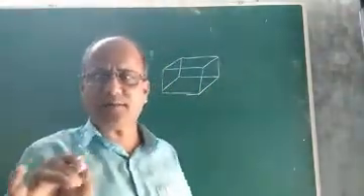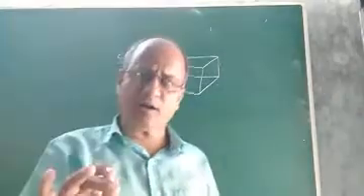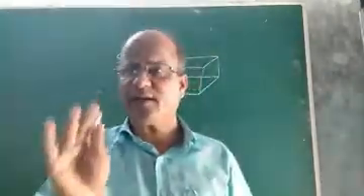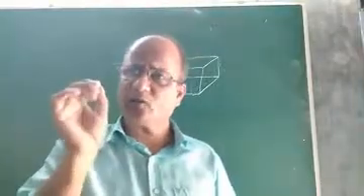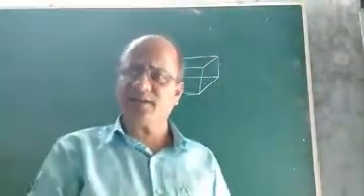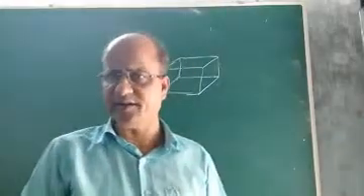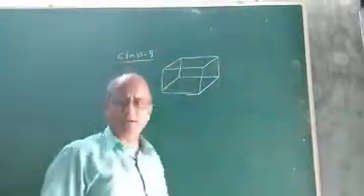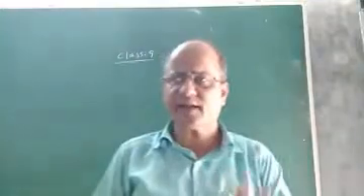But in a cube what happens? The length, breadth and height are all the same. So that is why the length, breadth and height of a cube are called the edge. Edge of the cube means it is the length, it is the breadth as well as the height. Okay, now suppose this is a cuboid. Now how to find its lateral surface area and total surface area.